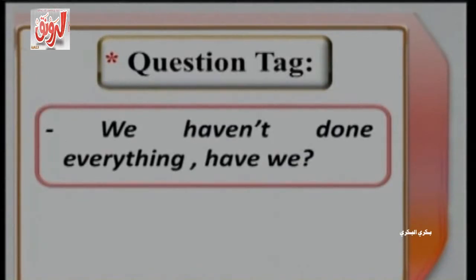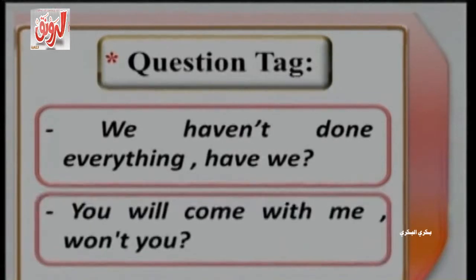We haven't done everything, have we? We haven't done everything. Have we? Do the opposite as well. We have done everything. Haven't we? And so on. It is very clear that if the sentence is made negative, you should use a positive form in